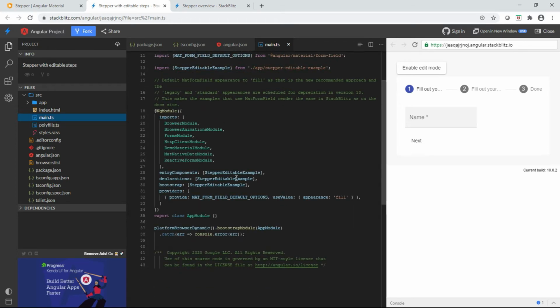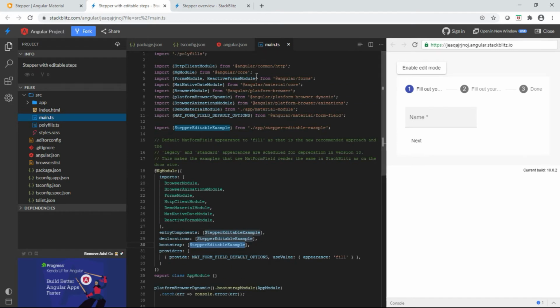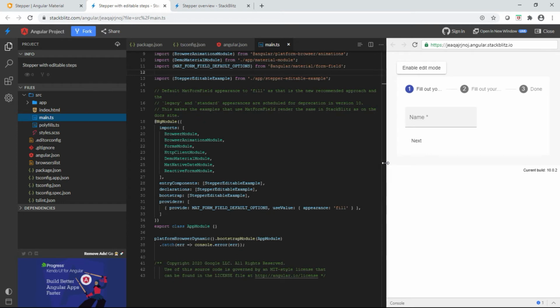The root component is down here. This is called stepper editable example. The root component is the stepper editable example TypeScript file, and my application module is using all of these modules here in the application. It's providing those things to the components to use, and once again I have a demo material module here which gives me all the material design components, and I've got my browser animation module and things that my browser might need, and I got my forms module, which is really important because each one of these steps is a form, and in fact I use a reactive forms module, and